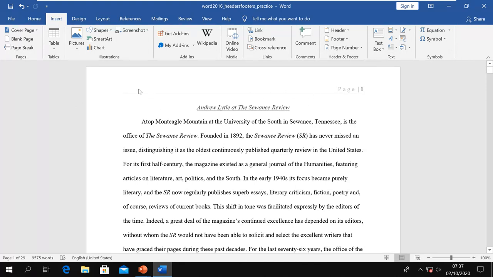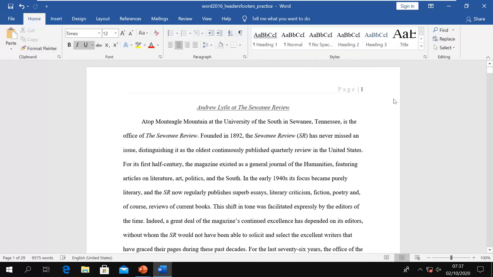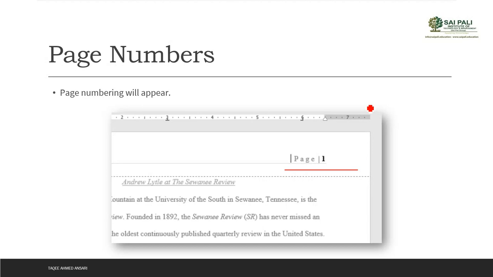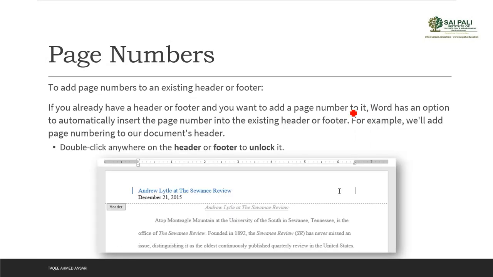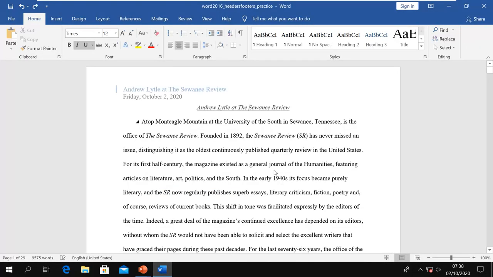It will remove the existing header and footer, and it will add only the page number. But suppose I want both, I want the header and footer and also the page number. In that case, we double click on that header information margin and unlock it, and then we'll go to the Design tab. That means I need this and the page number also.